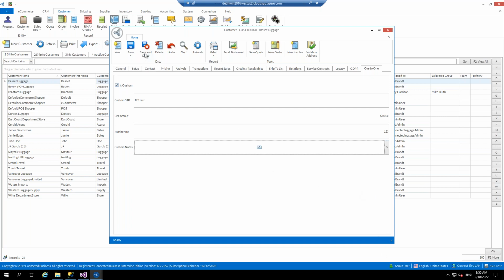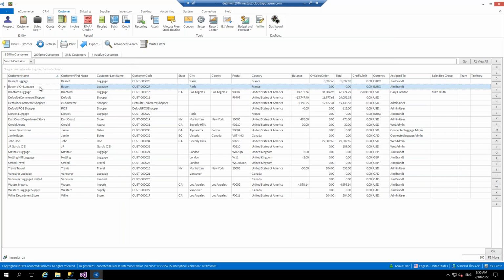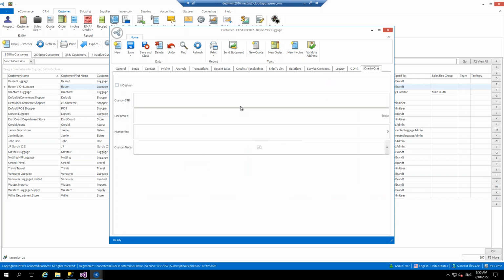Okay. Save and close, and then the next one under here. This is null. This is blank. 2020 897. This and then